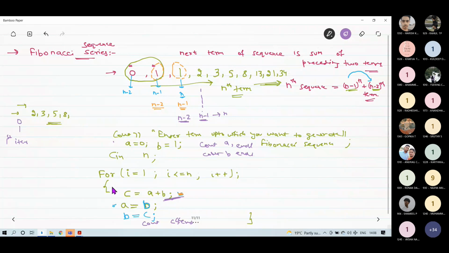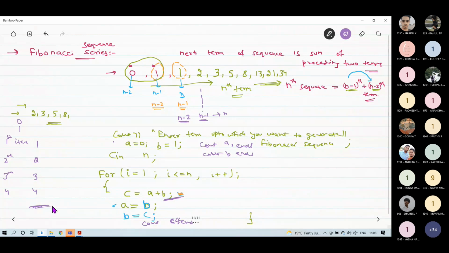In first iteration, it will give you the value of c, cout c, which is 1 in first iteration. In second iteration, it will print the value of c, which will become 2 now. In third iteration, it will give 3. In fourth iteration, it will give 4. Okay. Now, but you can see